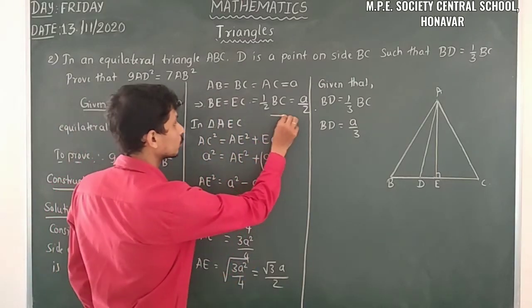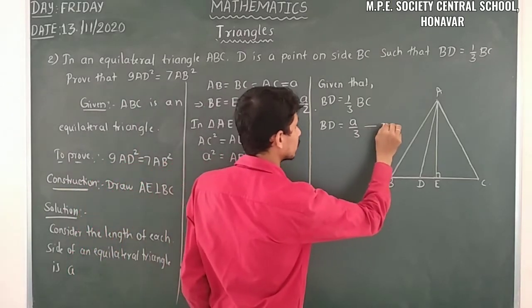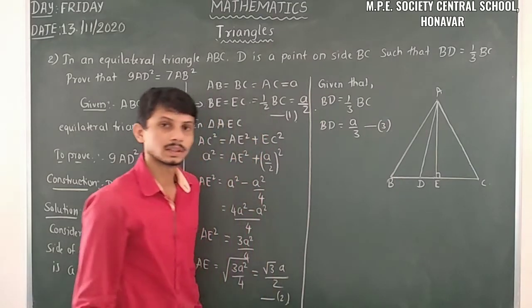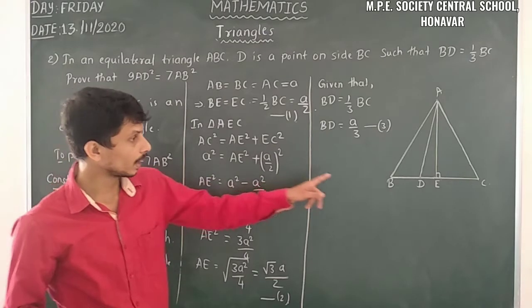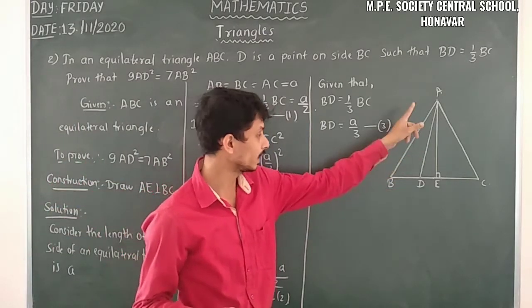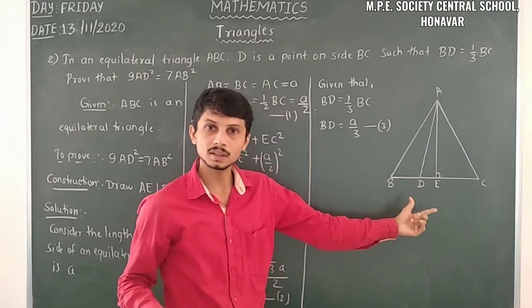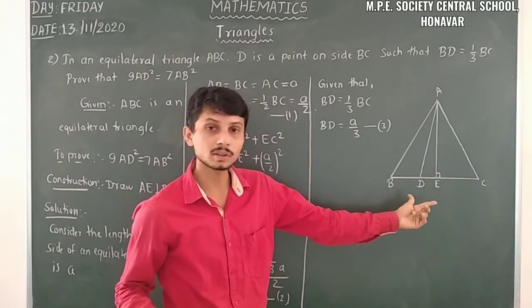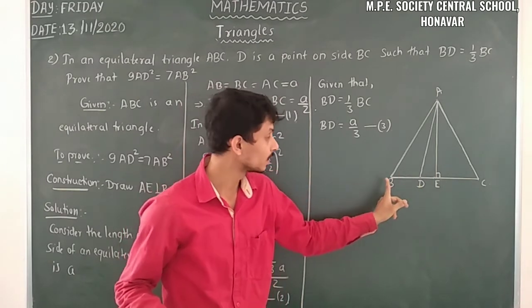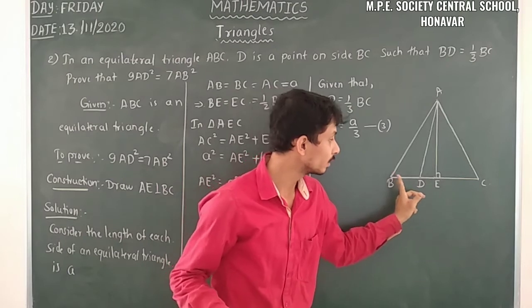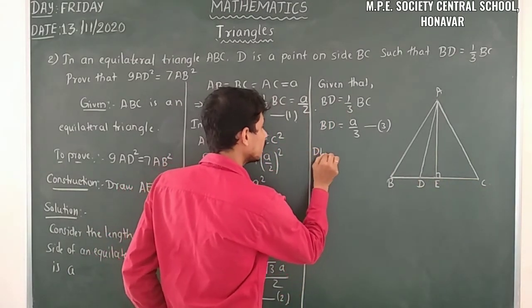So I will take this as equation number 1, this as equation number 2, and this as equation number 3. So what do we want here? We have to calculate AD. For that we want AE, which we got here, and we want DE. So we have to calculate DE. How to calculate DE here? We have to subtract BD and EC from BC. So DE is equal